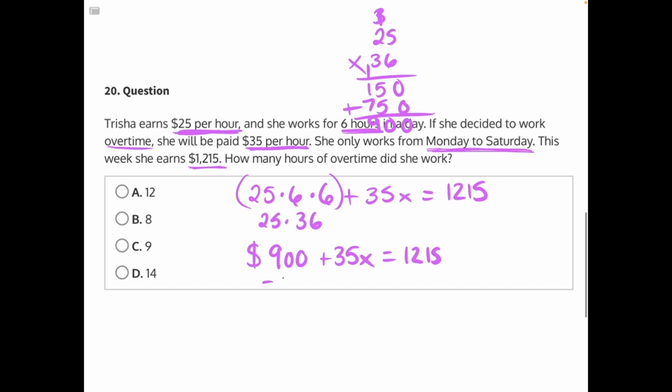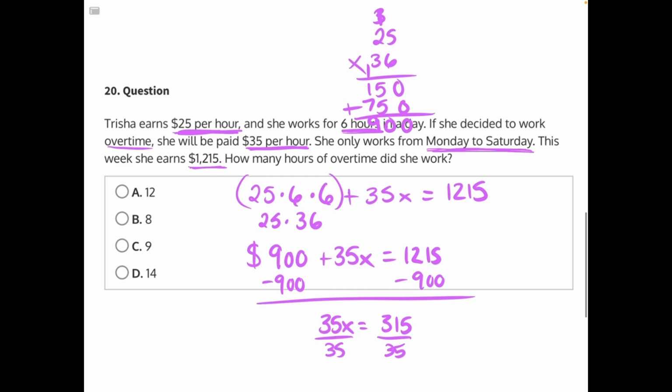So now we can use the opposite operation, subtract 900 from both sides. 35x equals 315. 5 minus 5 is 0, 1 minus 0 is 1, 12 minus 9 will give us 3, so 315. And let me move that down just a bit. 35x will equal 315. So in this case, this division, this last step, opposite operations, is going to be a